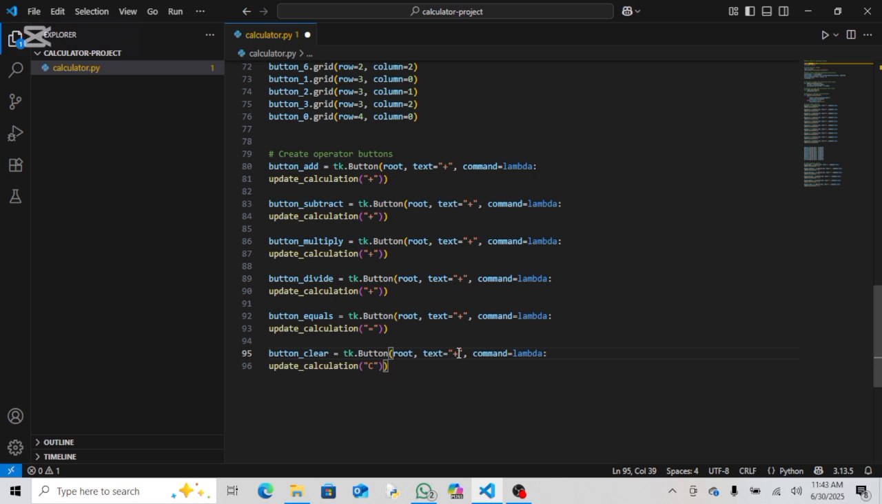Update calculation to clear, one minute. Sorry, let me make a little adjustment. So if the update command, let me just start from up here to make my adjustment. So now for the subtract, I will only have minus from there. So update calculation here is for minus. Then the text,